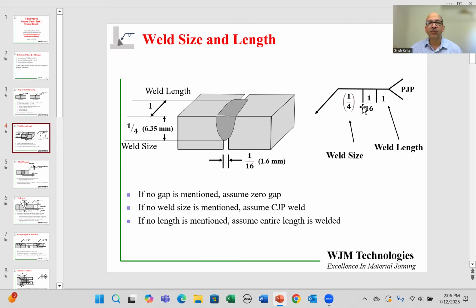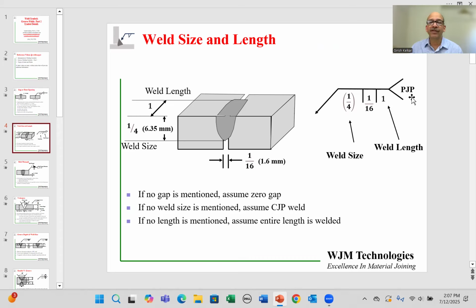So here we have the weld symbol for the square groove weld. These are two vertical lines. The gap is 1/16 in between, as we have discussed before. Now the weld size, how deep the weld is going into the groove, is shown to the left of the welding symbol in round brackets. In this case, it is 1/4, and that is 1/4 of an inch. And the length of the weld, to the right of the symbol, is 1, that is 1 inch.